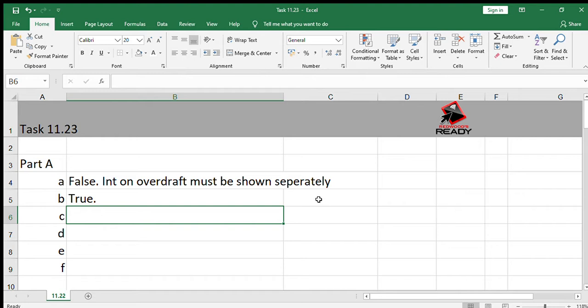Okay, then C, a post-dated check received by AMA stores in September but dated 25th October will only be recorded in the CRJ on 25th October 20.9. Okay, and that is true. I'm just going to give you a note on this. Post-dated checks received